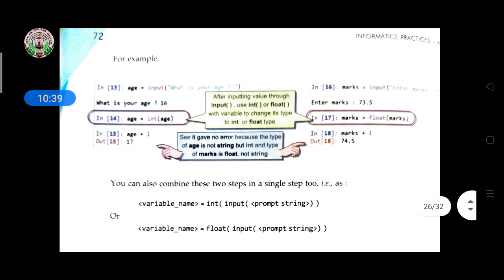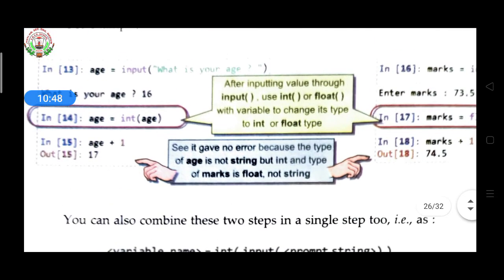If you want the value as an integer, you call the integer function on the variable. So if you give 16 as the number and want to add a number, you mention age as integer age. Here age plus 1 means age is an integer value, not a string value, so integer age plus integer 1 will total and it will work.